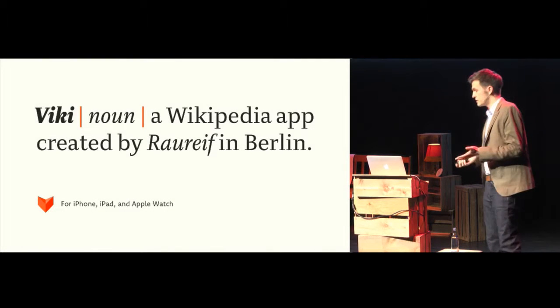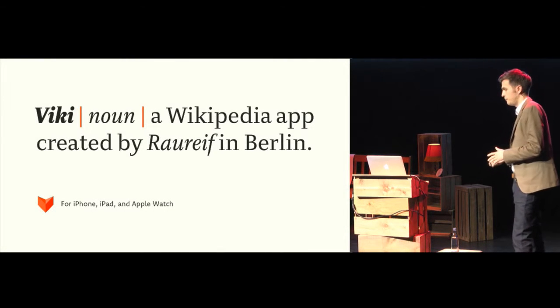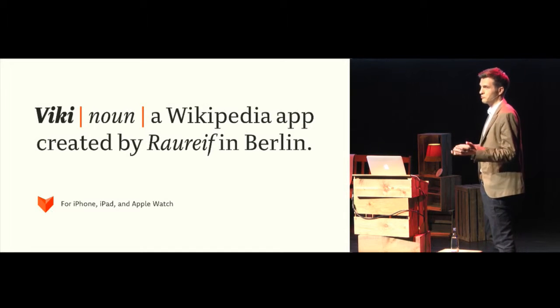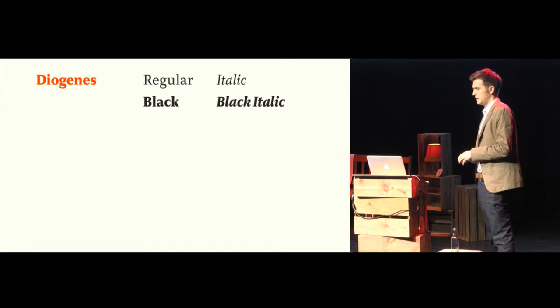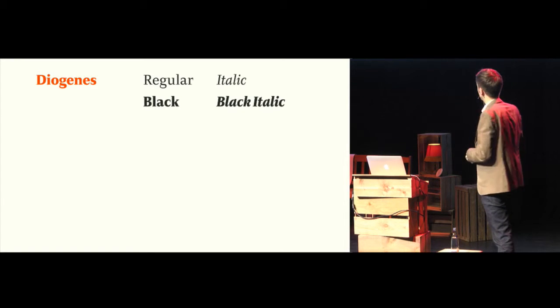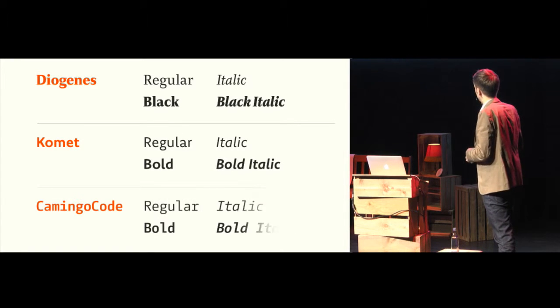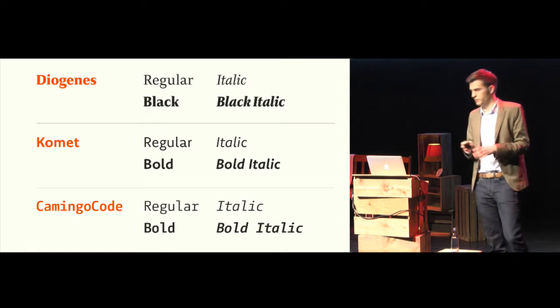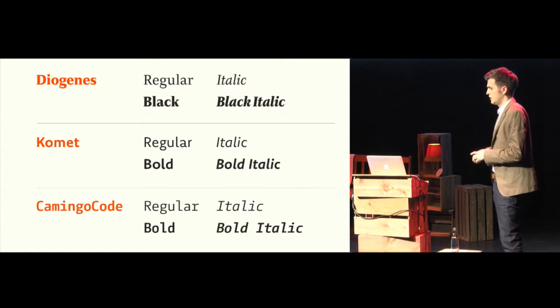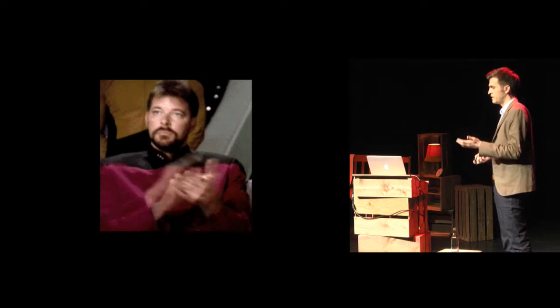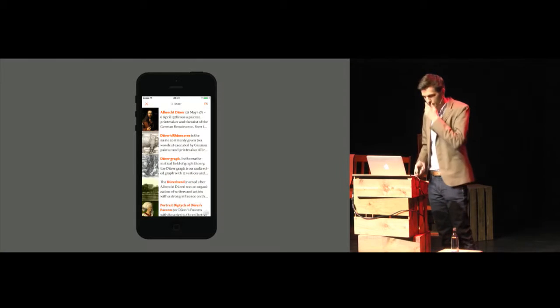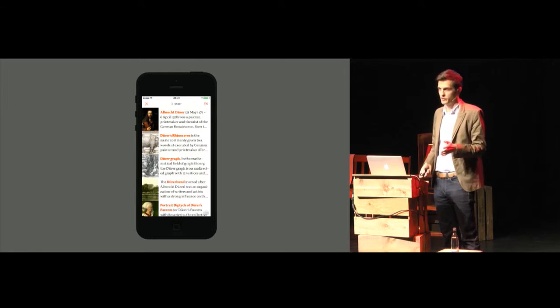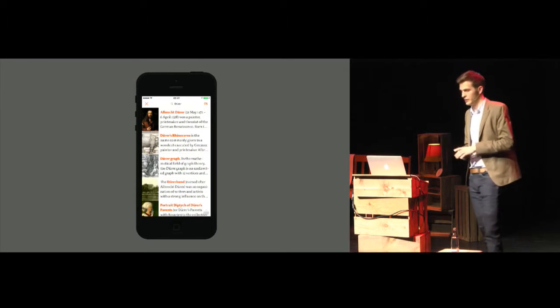And good typography starts with a good typeface, especially when you make a long-form reading app, of course. Wiki ships with 12 quality fonts: 4 styles of Diogenes, 4 styles of Comet, 4 styles of Kamingo code, because there are some articles with source code in them and I don't really want to see it in Courier. Now you're saying, well, that's great, you picked some fonts. Yeah, I picked fonts, but that's not typography, as I've told you before.